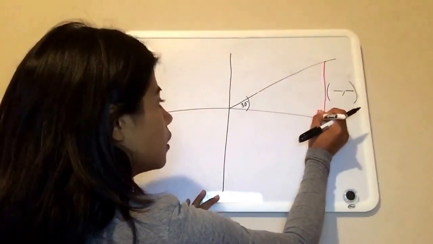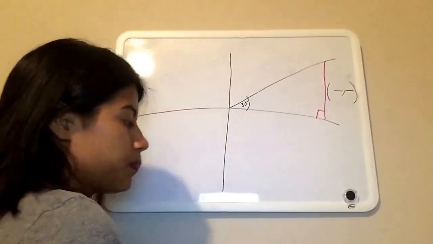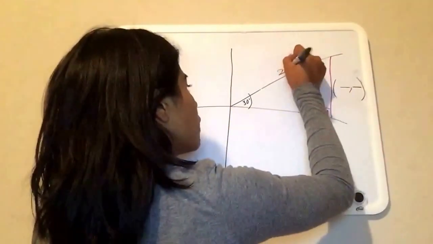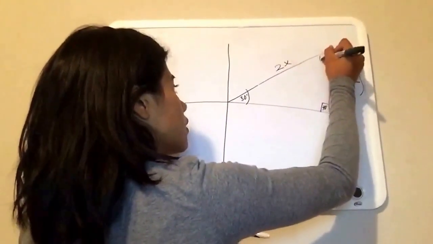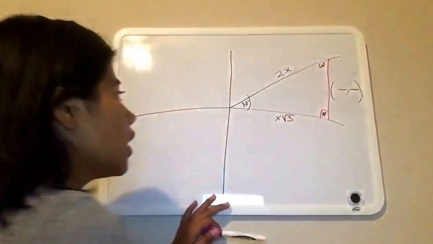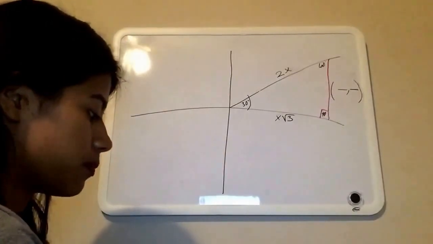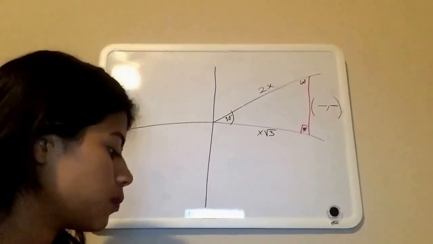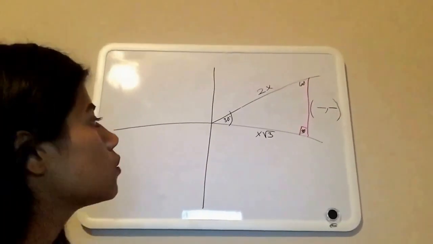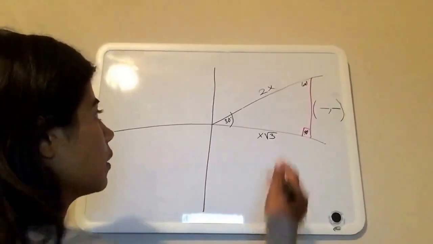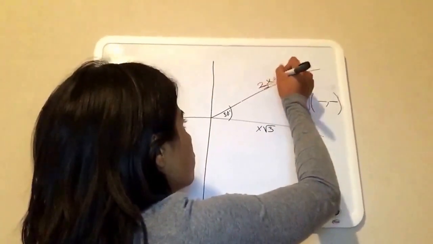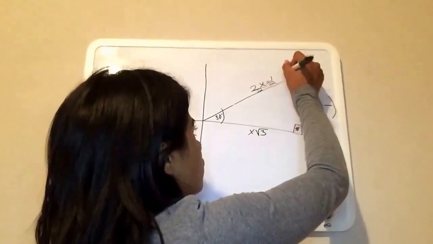And this one would be 90 degrees, so that would be 2x. And this one would be 60 degrees, so that would have to be x radical 3. And we will have to solve for x. So now to solve for x, I will start with 2x and make it equal to 1. To solve for that, I will have to divide by 2, and then my answer is x equals